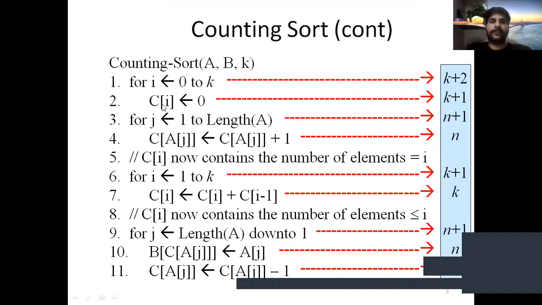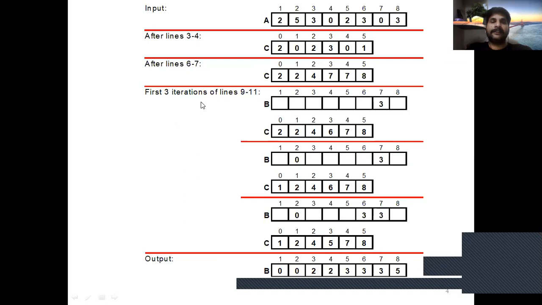According to pseudocode step 2, we initialize the array C to 0 with the for loop i to k, where i starts from 0 minimum to 5 maximum. So the C array runs from 0 to 5, and initially we initialize the auxiliary array C as 0, 0, 0, 0, 0, 0.